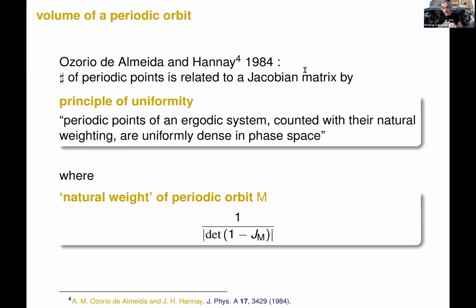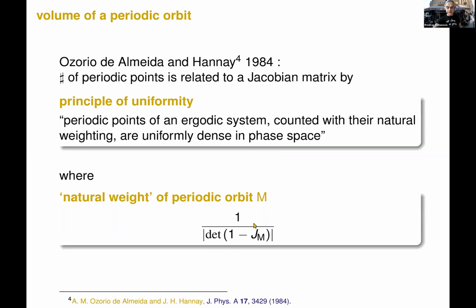In particular, if I look at periodic solutions, they sit someplace in this phase space. They have a property that in finite time you find them and they're there forever. And they're all repelling, they're unstable. So they push other periodic points away from them, and there's some kind of balance. They called it principal uniformity. And it said if you take periodic points, weigh them by their natural weight, which turns out to be the determinant of the fixed point condition inverse.